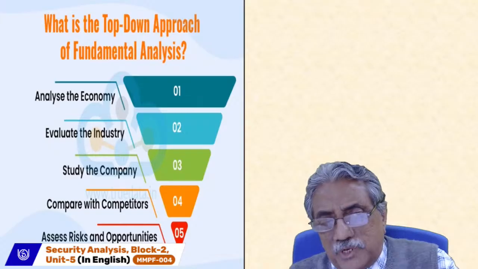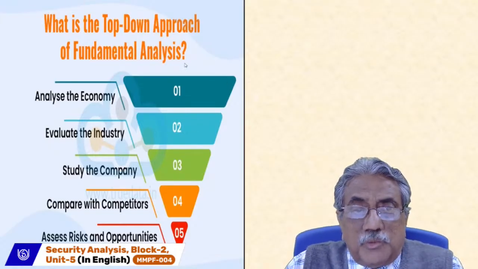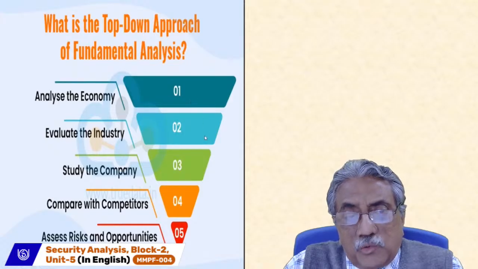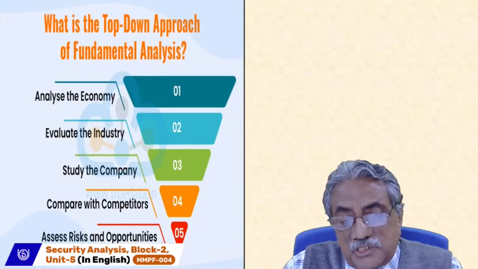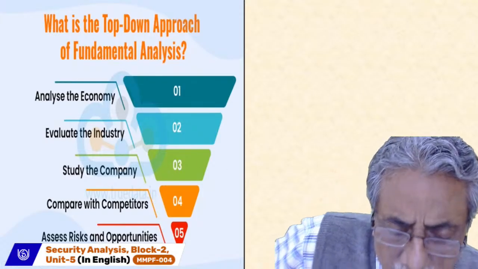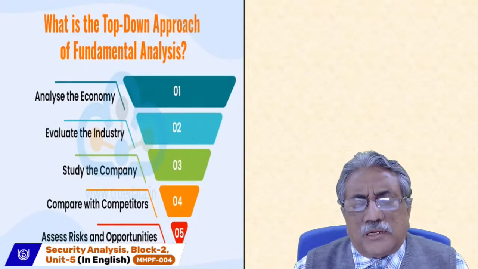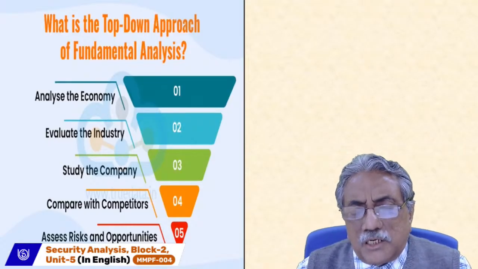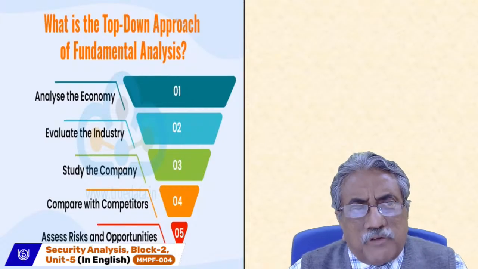It comes step by step. It comes initially with economic analysis, which we will be studying today, and then we will be studying industry analysis. Then we'll study company analysis, competitors and risk. These are steps three, four, five. From there, we will narrow down on the company which, based on our unbiased analysis, may be a good one to invest in.